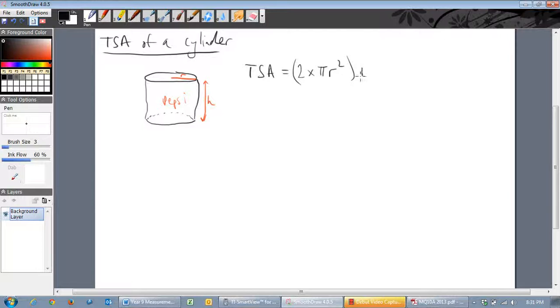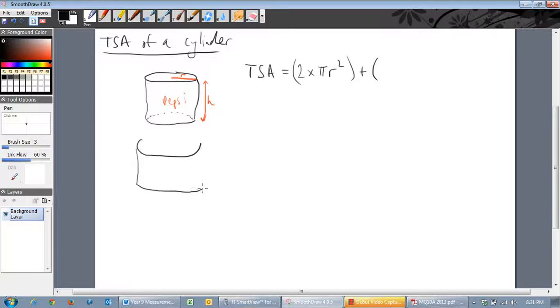That's the two circles, plus what's this area wrapped around the bit on a Pepsi can where all the writing is and the graphics and that sort of stuff. What's the area of that? If you unfolded that, I'll try and draw this. It's not going to be really good. If you unfolded that,